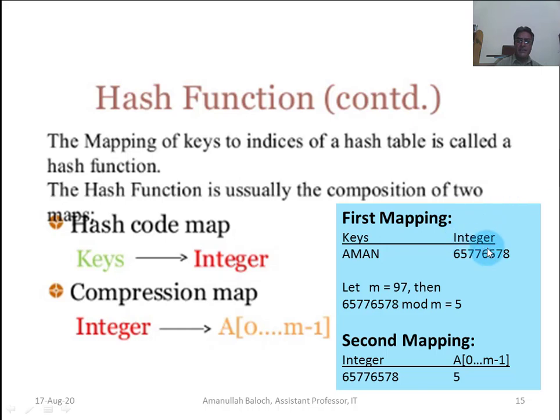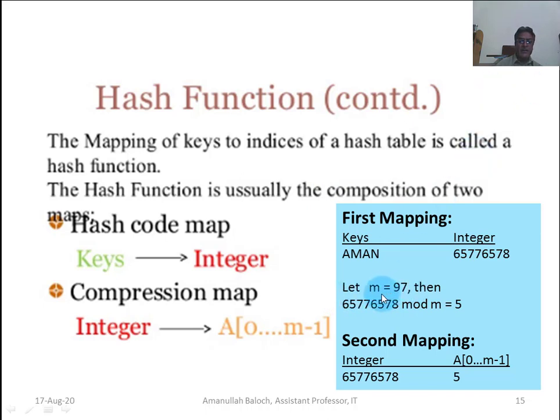But this integer shows that we would need an array of millions or billions of data elements. But we will use only the 100-memory-location array, and in those locations we will store the 80 records. We will not waste memory using the hashing technique.